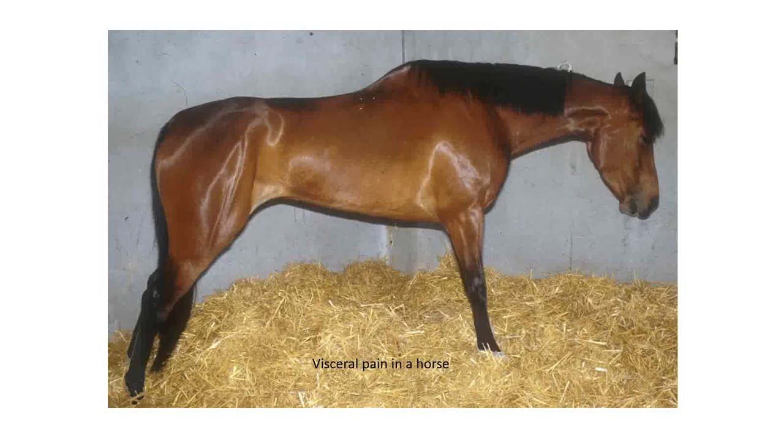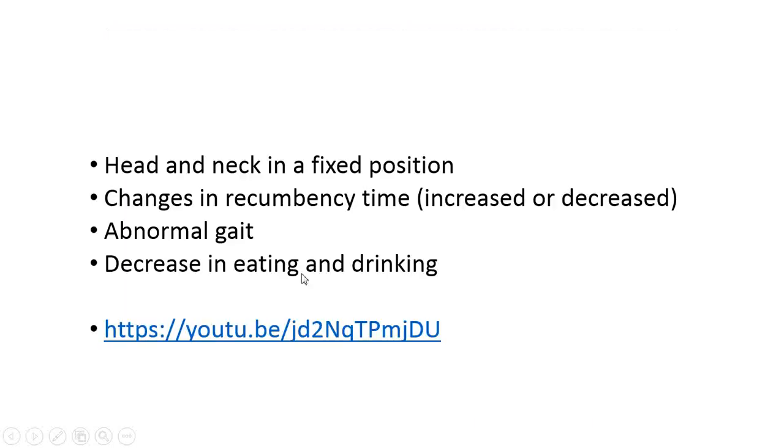Here's a horse in visceral pain. See the sweating. They get this sawhorse type stance, trying to get as much stress and pain off the abdomen as they can. Sometimes they get up, get down, and show excessively abnormal gaits. We can see here quickly just